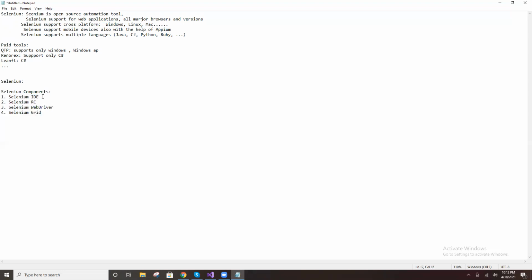Selenium IDE means record and playback. Just record and playback. That's it. That is the function of Selenium IDE. It just records and plays back.